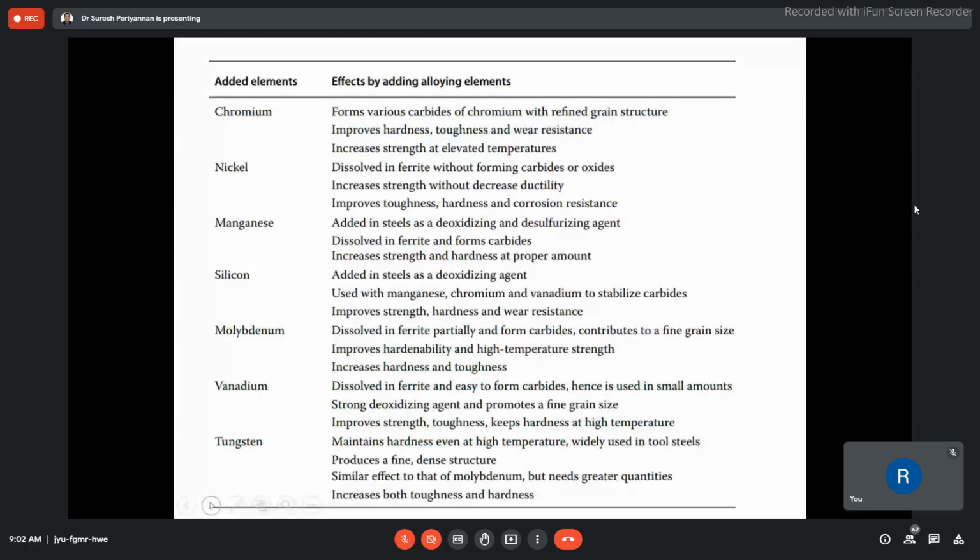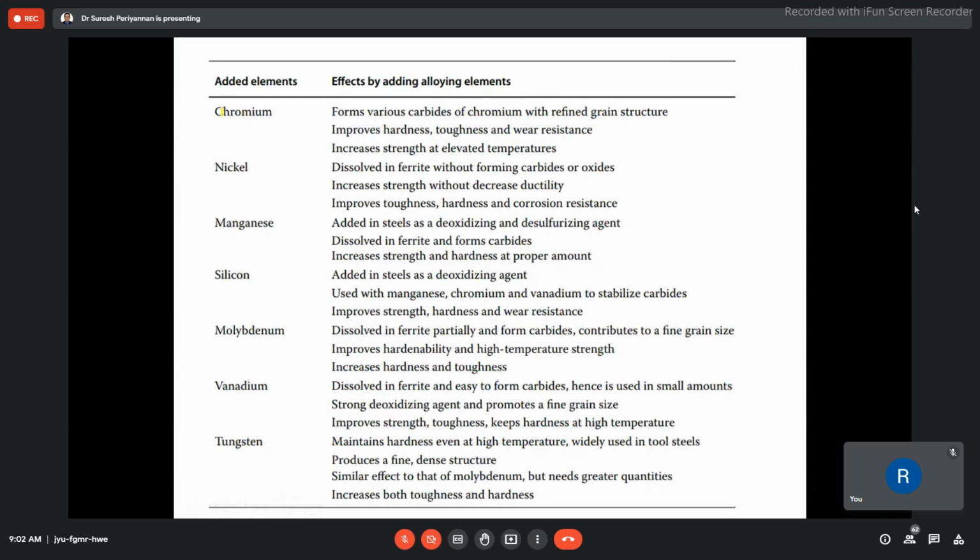Now come to this. We are always using alloying elements. Alloying elements means more than one metal, more than one element, will be added. Finally, it will be made as one material, that is called an alloying element. But now here in this table we can understand, while adding more chromium, more constituent, more percentage, what is the property we are going to improve? What is the benefit we are going to obtain while adding more chromium in the alloying element?